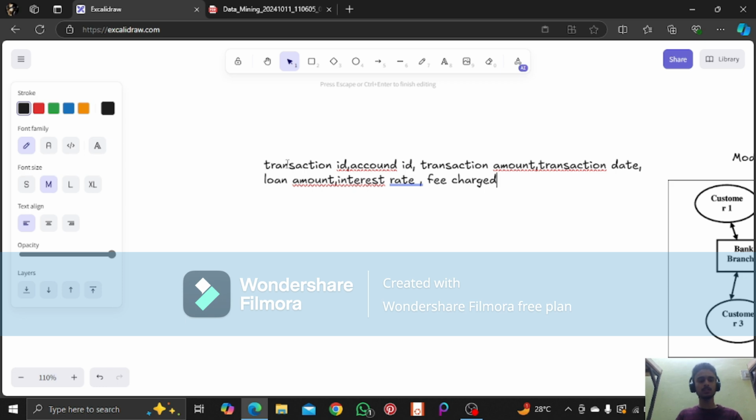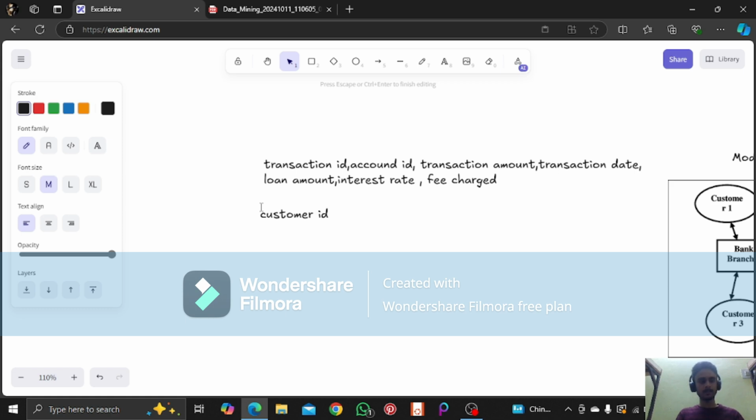So now let's talk about the dimension tables. Basically, dimension tables provide context for the data in the fact table. They contain descriptive attributes, that means textual data, that explain the who, what, when, and where of the data. Dimension tables are denormalized, meaning they store data in flat structures for ease of querying. So common dimension tables in a banking system are, number one, the customer dimension: customer ID,